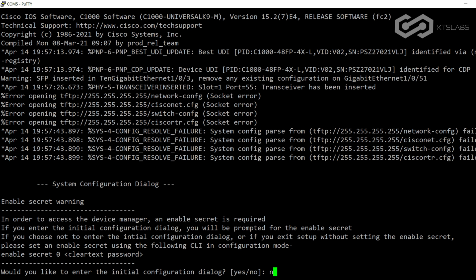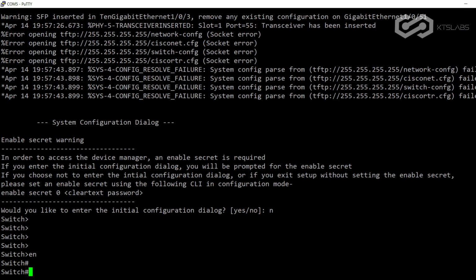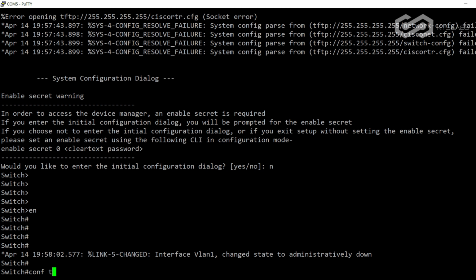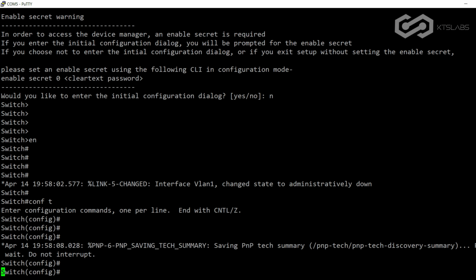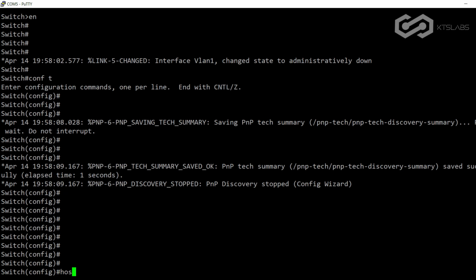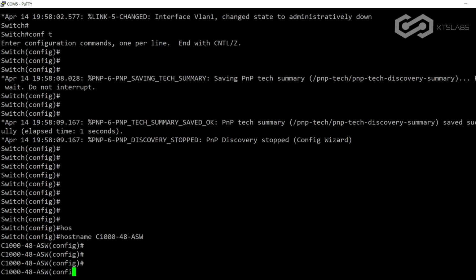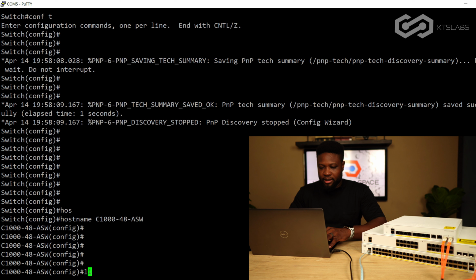Okay, we do the same thing here. Let's get into the enable mode, and let's go into the configuration mode. That is config t, and we are going to give it a host name, and this is C1000-48